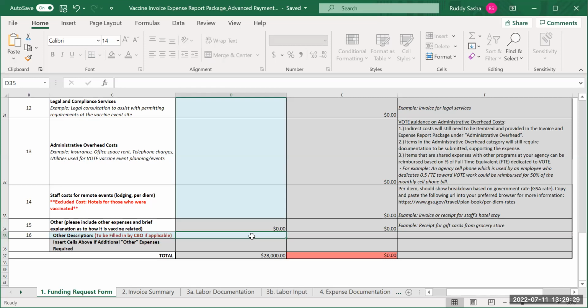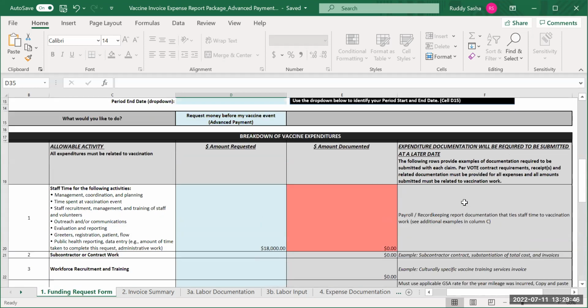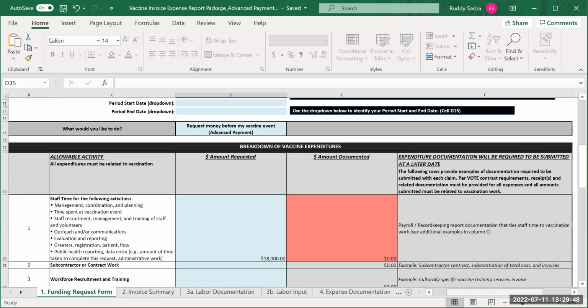ohkovid.fema@dhsoha.state.oregon.us, and your vaccine engagement coordinator. This email address is also located on page 1 of the instructions document, which you can find